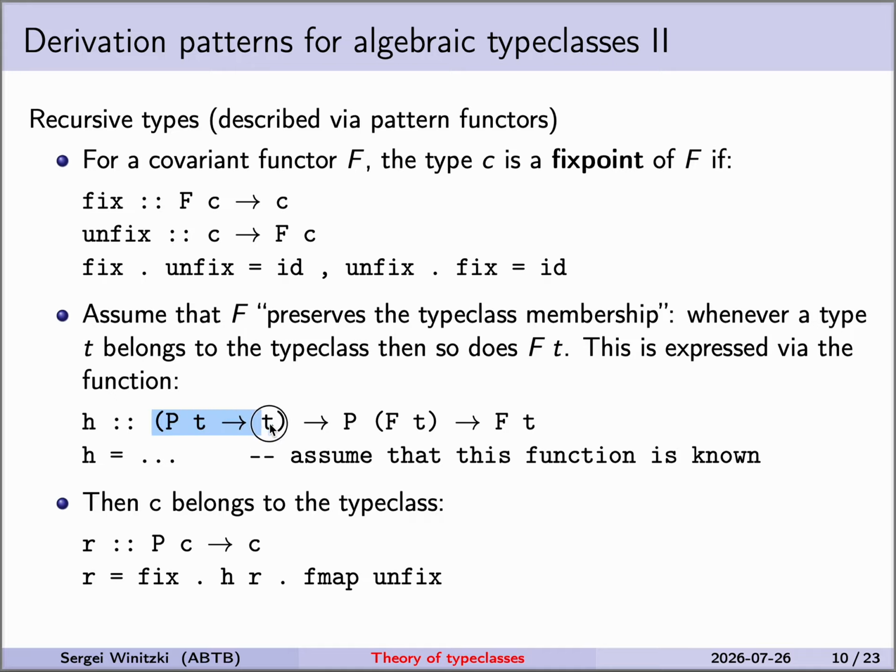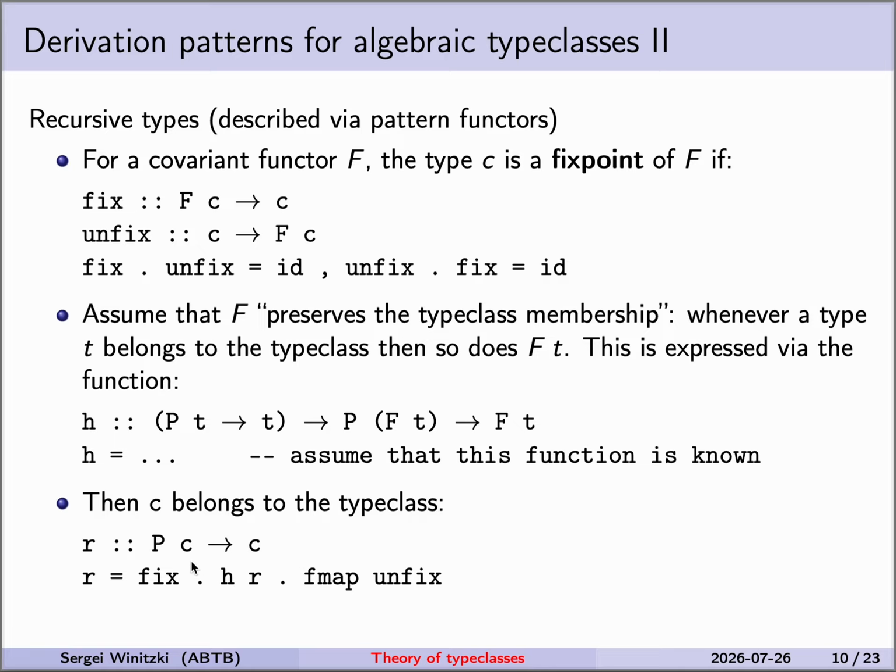Somebody needs to find out if that function exists for some specific f, a specific p. But we assume this has been done, and indeed we have such a function. So if we do, then we can show that C belongs to the type class. So any fixed point of f belongs to the type class. So how do we show that? We implement the structure map for C